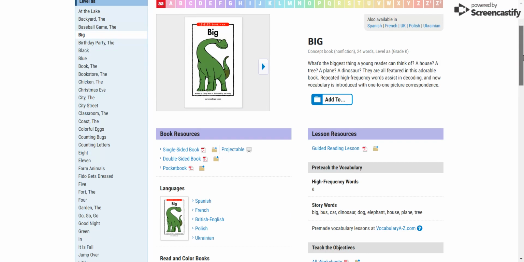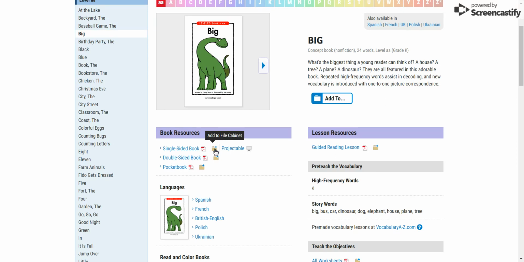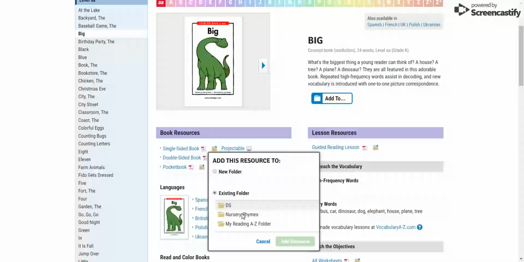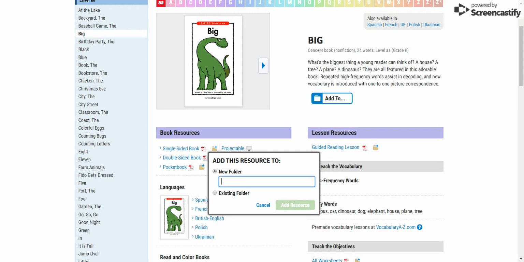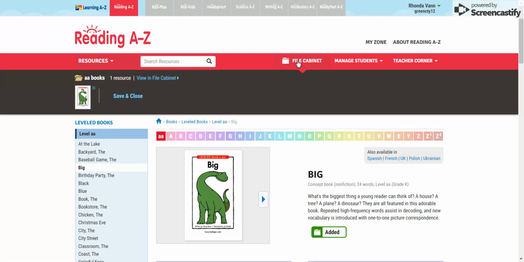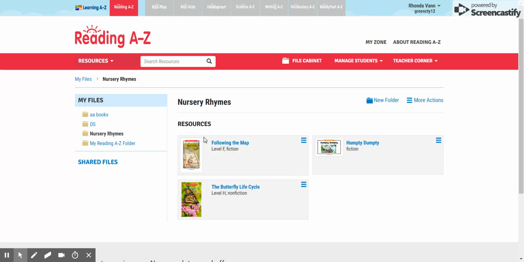I want to remember that I want to use that. So what I'm going to do is add it to my file cabinet. And you can do it in an existing folder that you already have, or you can add a new folder. That's kind of fun. Then you can come back in, go to your file cabinet, and remember what